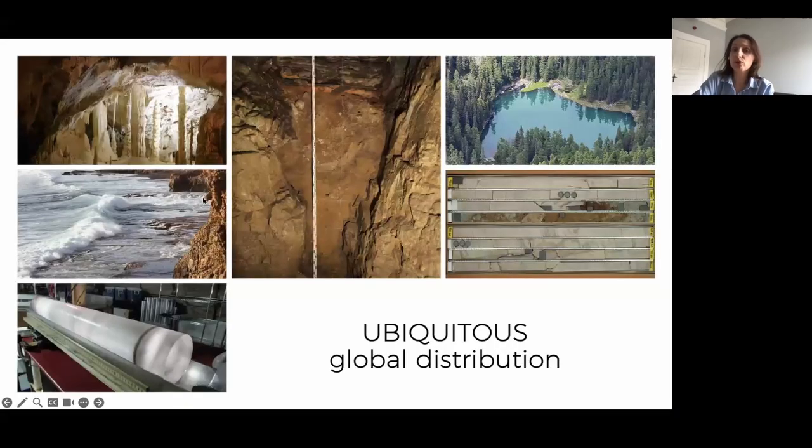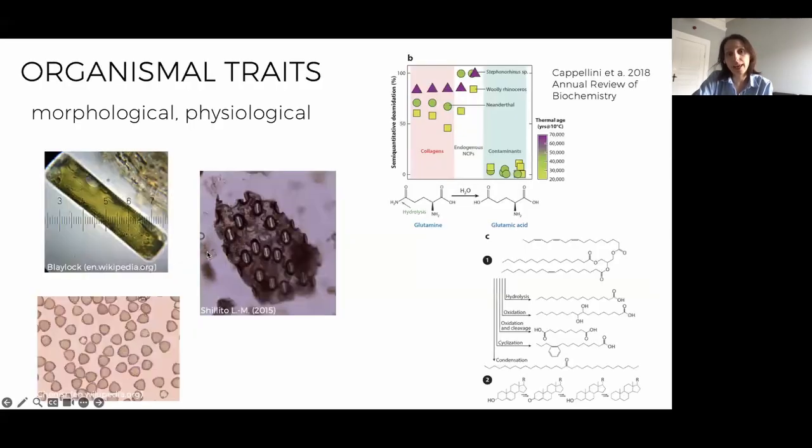And then comparably also to eDNA, microfossils can be found in a majority of depositional environments around the globe, from lake sediments, marine sediments, caves, ice cores, speleothems, etc. So they are ubiquitous. But a distinct advantage that microfossils have over eDNA is that in addition to genetic information, they also provide information